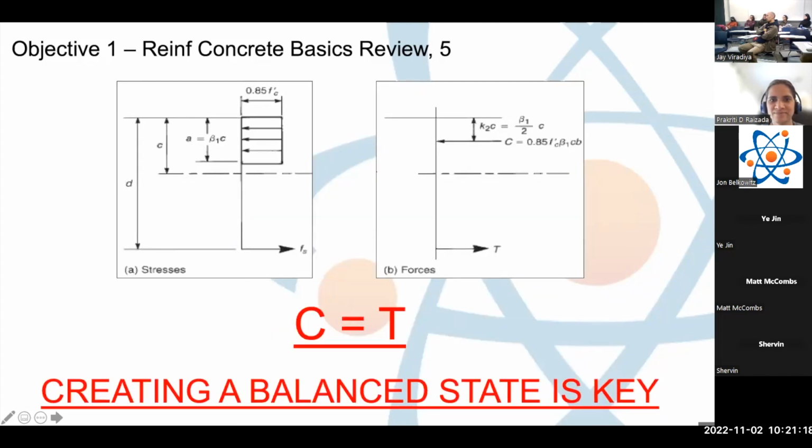What you need to understand from the series of arrows and diagrams and neutral axes and A's and betas is that there is a compression side of our beam and there is a tension side of our beam. As an engineer, to design a reinforced beam, you have got to make sure that the compression side is balanced